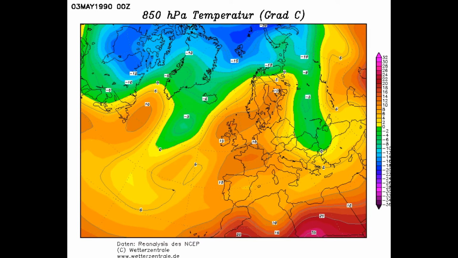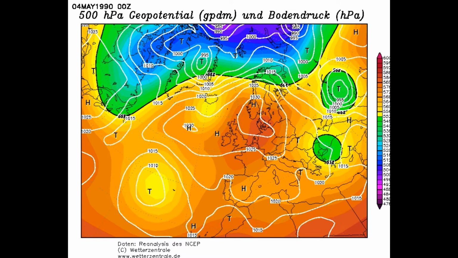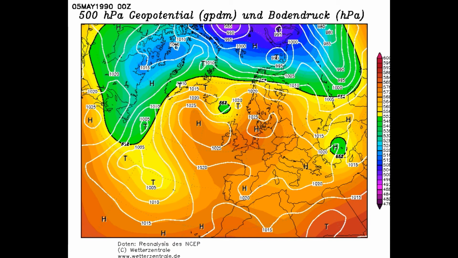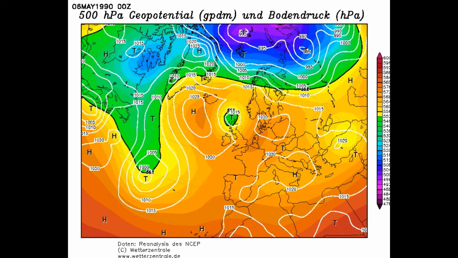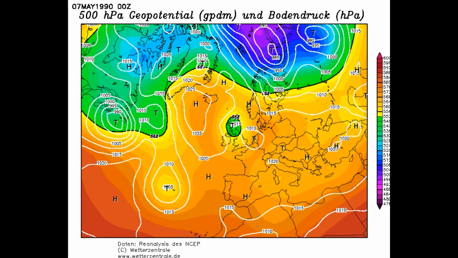And as we move into the 4th of May, this was a very warm day as well. We do, again, see temperatures up past 28 degrees, but slightly lower than they were the day before. And as we move into the 5th, again, a very warm day, but that ridge is very slowly starting to collapse now. So as we move into the 6th of May, we bring this trough down from the north, and overnight 6th and into the 7th of May, that brings an end to that spring heat wave there.